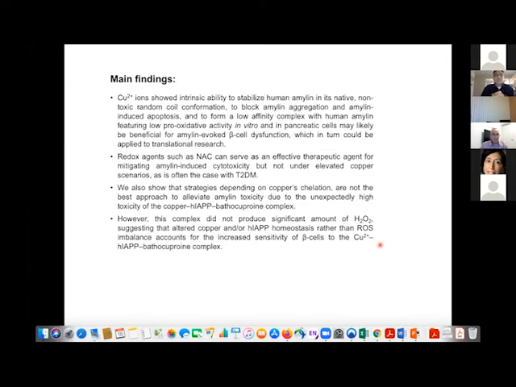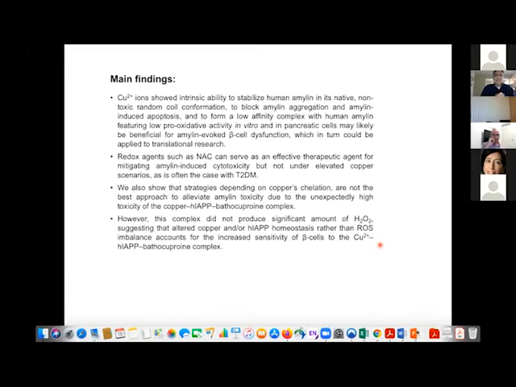In summary, the main findings: we found that copper showed an intrinsic ability to stabilize human amylin in its native non-toxic random conformation, to block amyloidogenesis and block apoptosis, and to form a low affinity complex featuring low pro-oxidative activity. Redox agents such as NAC can serve as an effective